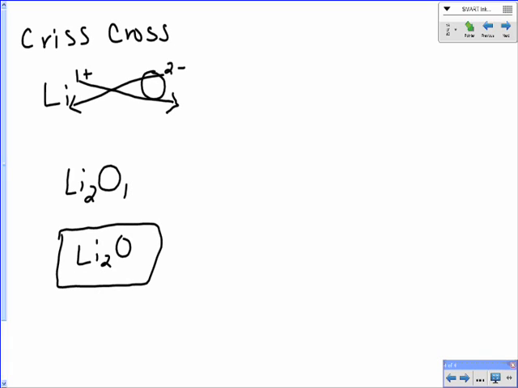Now, let's look at this exact same example, but using the other method. The other method is counting charges. So if you like crisscross, look at this one also and just see if you like it. If you don't like it, then just disregard it, and you can use either one, like I said, that you need to. Now, one thing real quick, when we're making ionic bonds, the charge of the compound is always going